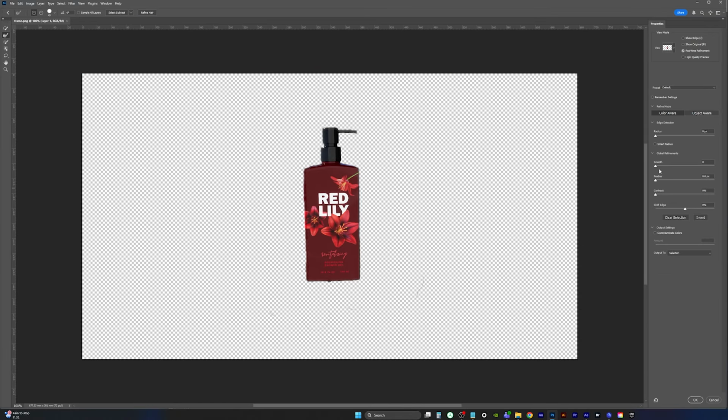So we need to tidy this up a bit. What we can do is use our smart radius and bring that up a bit. Let's bring up the contrast and let's smoothen this out a bit. We can maybe try a bit of feathering, just a little bit more contrast maybe, and a bit more of the edge detection radius option as well. Don't want to go too far with this because otherwise it would start losing our detail. So something like this